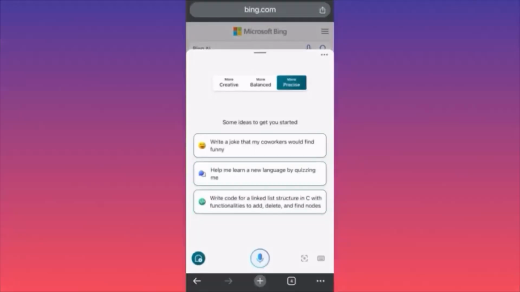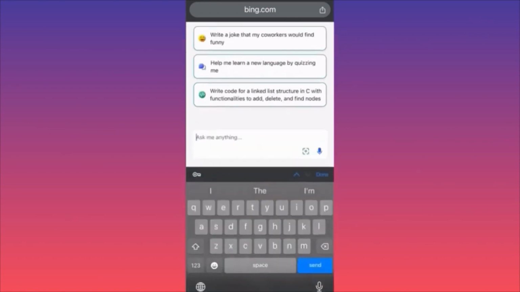So in this particular example, I want to show you, all you gotta do is click on the lower right corner where you see the small keyboard sign. In this particular example, guys, we are going to ask, please write